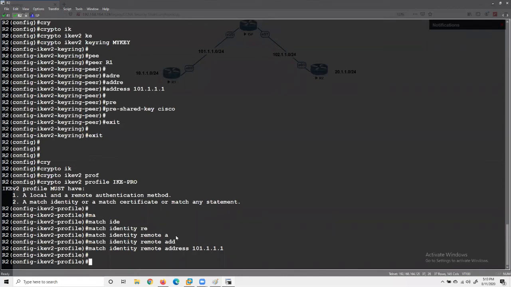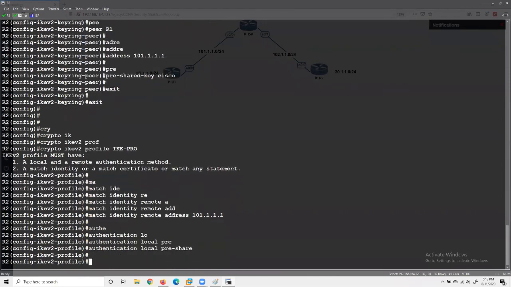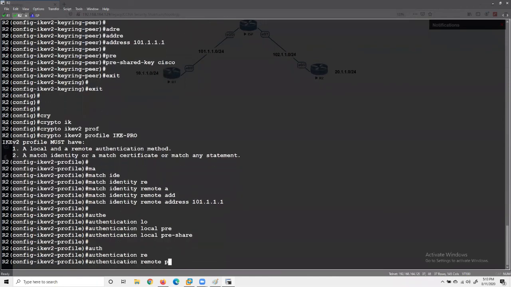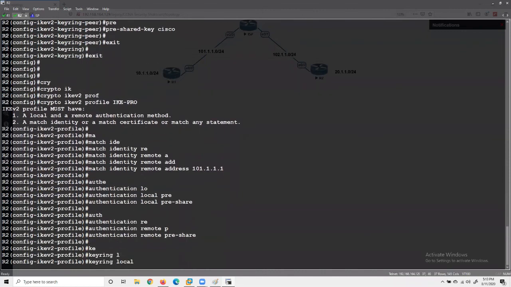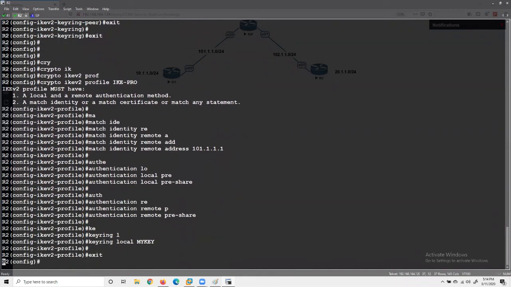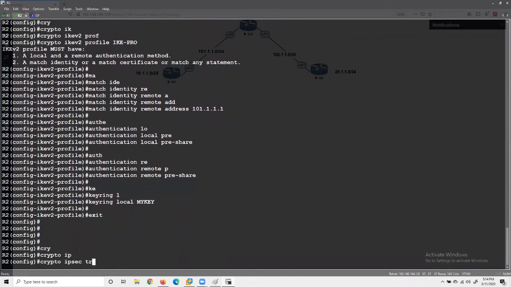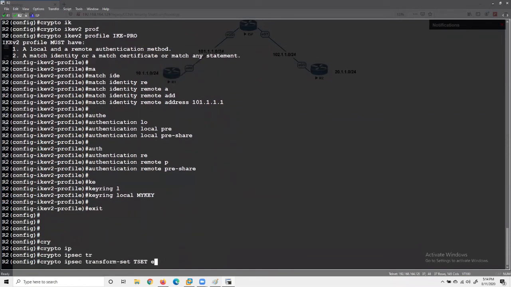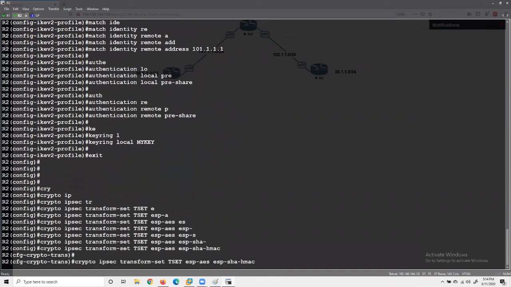Okay. Authentication local pre-share, authentication remote pre-share. After that, keyring local. What is the name? My key. Exit. Okay. Now crypto ipsec transform-set TSET, esp-aes, esp-sha-hmac. Okay, not esp-aes.